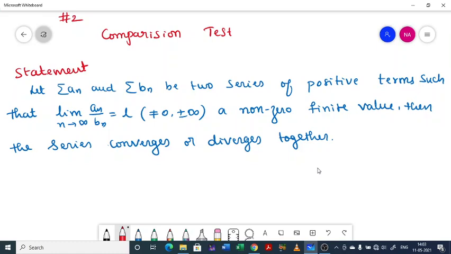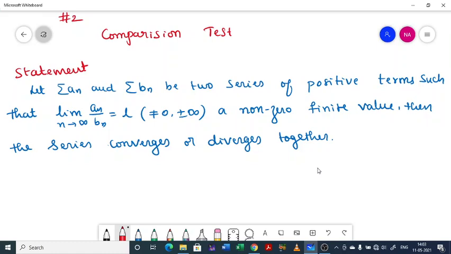So now the main thing of this unit on series is to determine the nature of that series, whether that series is convergent or divergent. That can be done in many ways. We are going to deal with different tests that help to determine the nature of that series. The very important and easiest test, actually, we can say, is the comparison test.